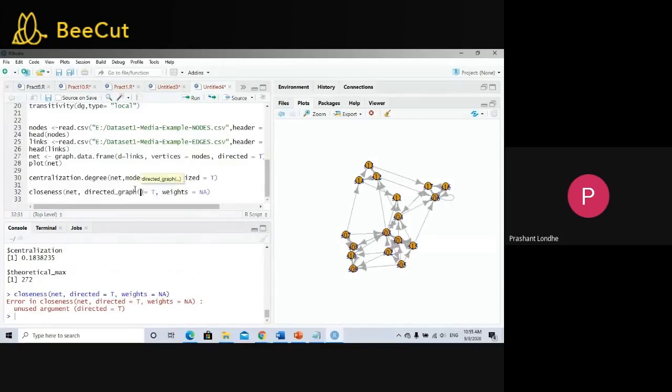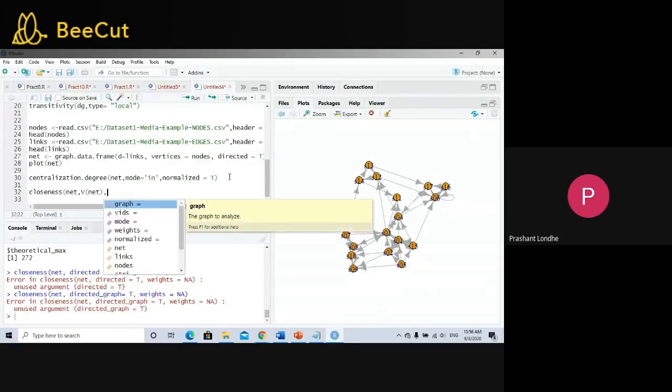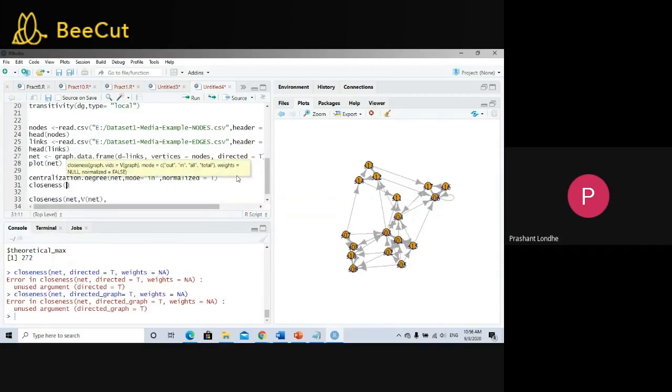It might be a different function like this. Let me check this function, closeness, comma, net, comma, V of net, comma, then mode and weights, and normalized.